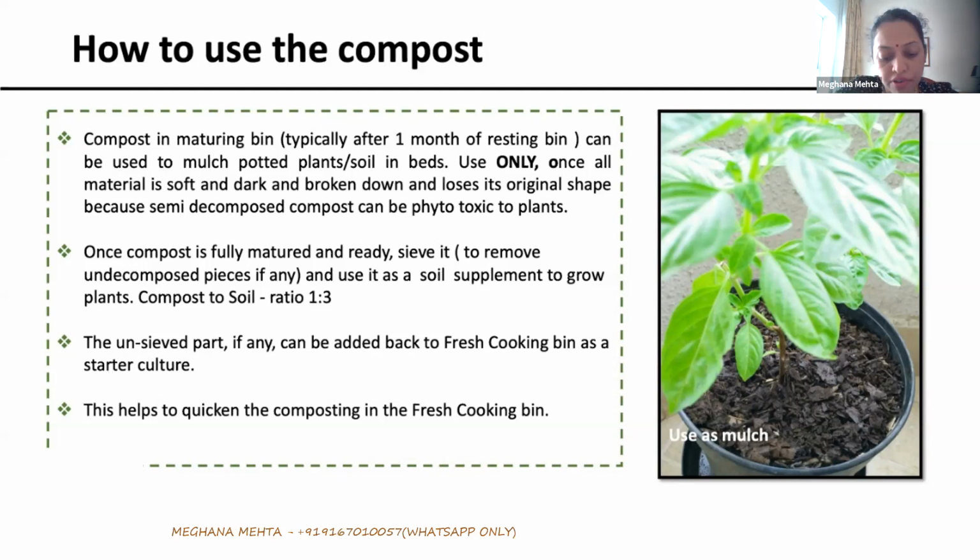So first, when our first set of compost is ready, and the second set, when we sieve it, all the materials that are left behind in the sieve can be used as a starter for our next lot. So in the next lot of our composting, we layer the container with the coconut fiber, and above the coconut fiber, we can put this leftover manure, which has not yet decomposed. It is still not converted into very fine soil material, but is a little big and cannot be sieved. So that can be put in layers. So we can put a layer of greens, browns, and manure along with the red soil or the black soil or the locally available soil.